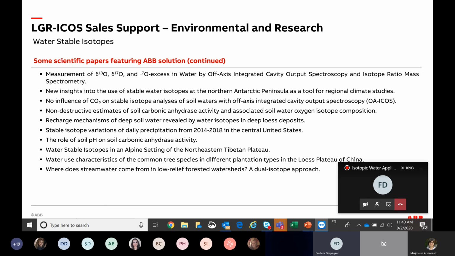Another point also worth mentioning is, as Marjolaine mentioned, we are offering portable isotopic water analyzers. We have a version for water vapor, and we have a version for liquid water. So we are now bringing isotopic analysis to the field. And this is a very significant advance, because until now, isotopic analysis had to be performed in very controlled conditions in a laboratory. Now some of our